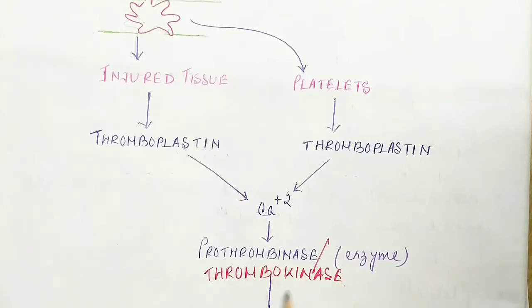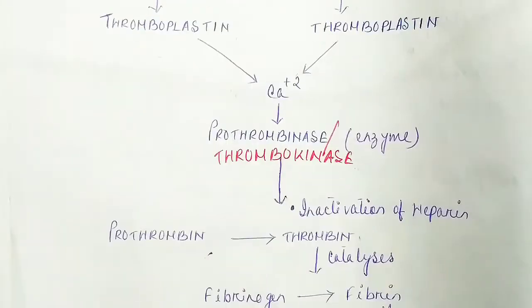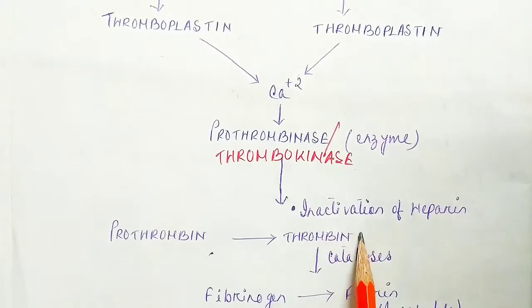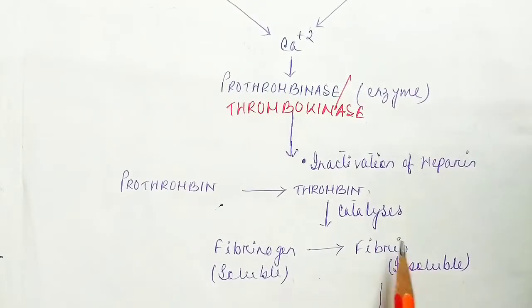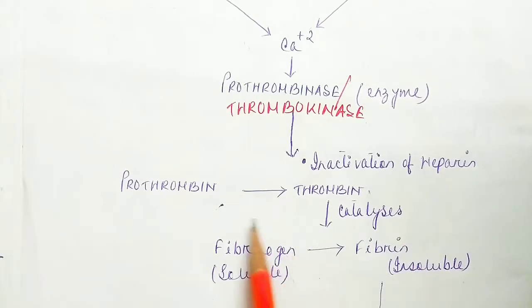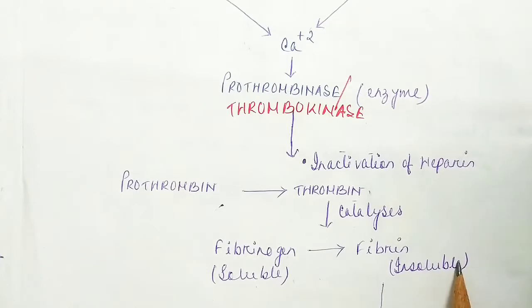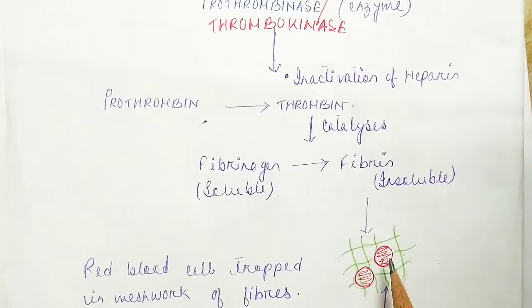Then this thrombokinase helps convert prothrombin, which is a protein, into thrombin, which is a type of enzyme and which catalyzes the conversion of fibrinogen to fibrin. Fibrinogen is soluble, whereas fibrin is an insoluble fiber. The damaged and dead tissue and blood cells are trapped in this fibrin,